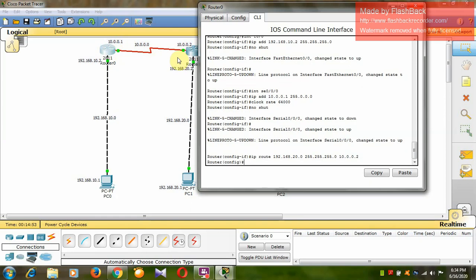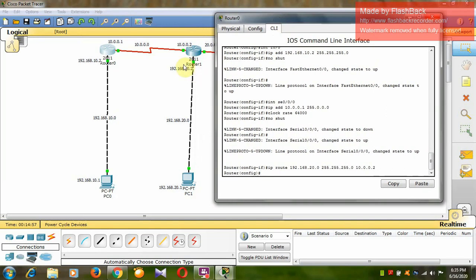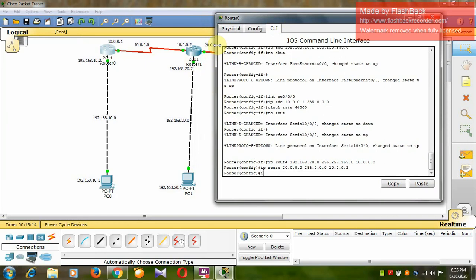Similarly, I have to tell my router 0 about the 20 network, so 20.0.0.0 255.0.0.0. Again, the next hop address remains the same. Similarly, I have to tell my router about the other network, which is 192.168.30.0, 255.255.255.0.